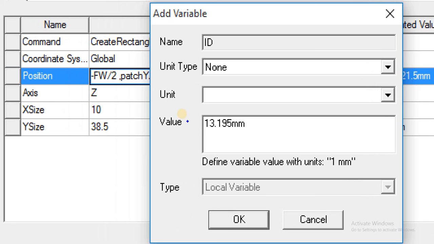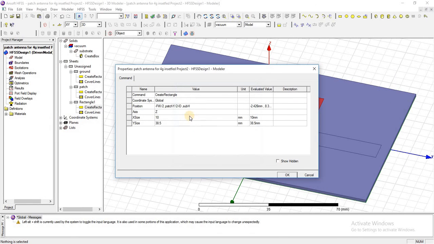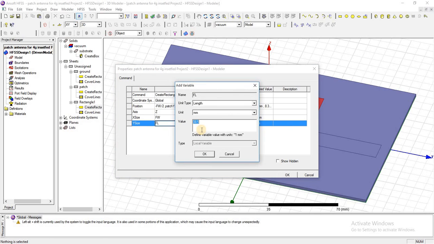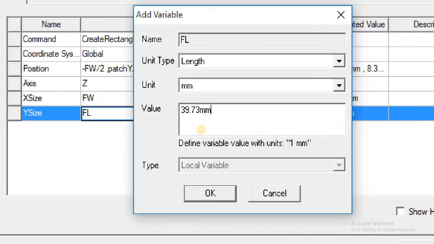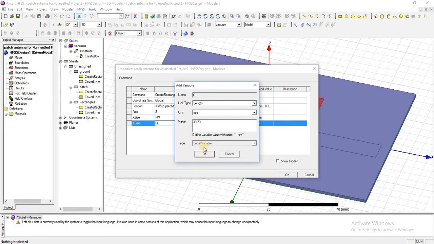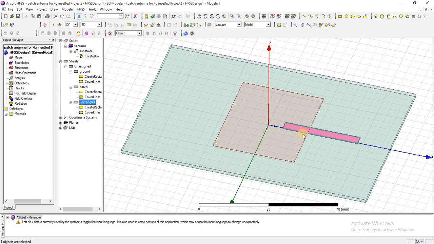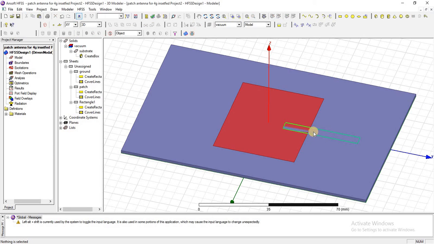This is the inset feed distance value. Yes, okay. X-axis is feed width and y-axis is feed length, which is 39.73 mm. Yes, okay. This is the